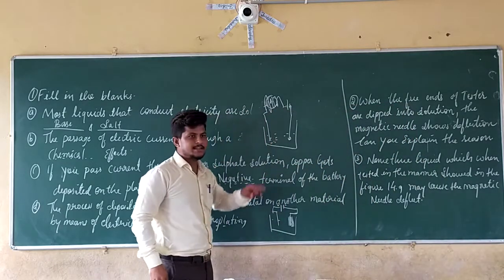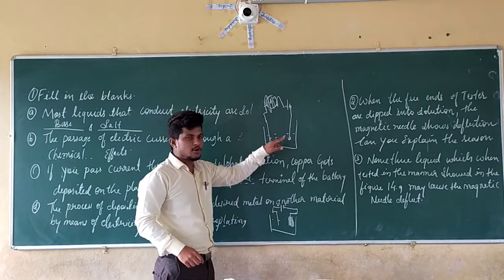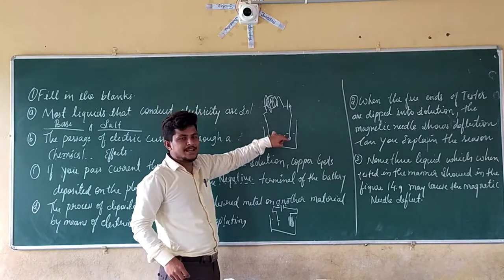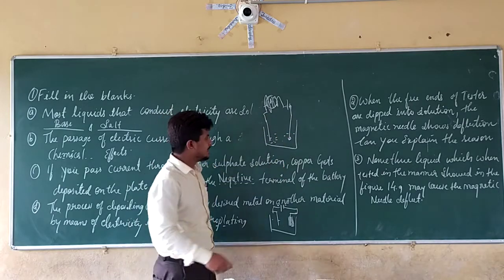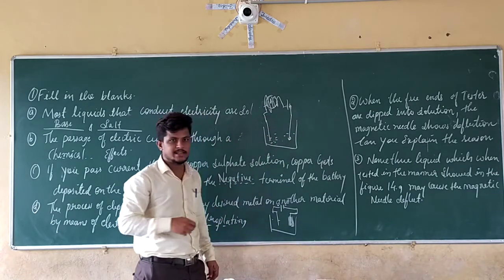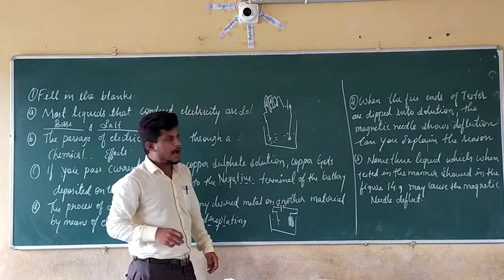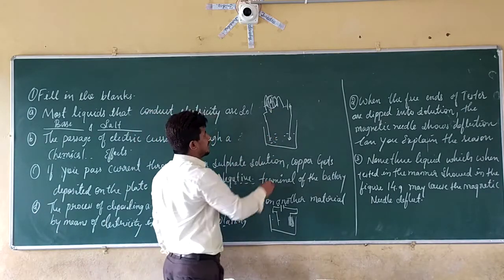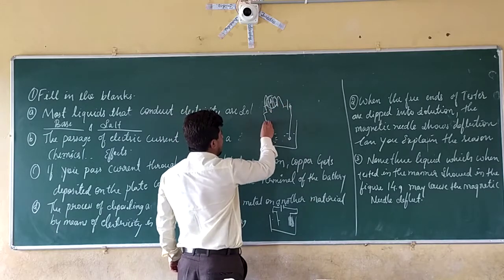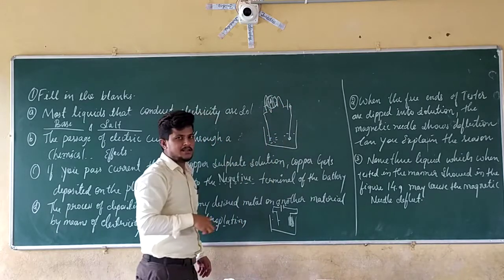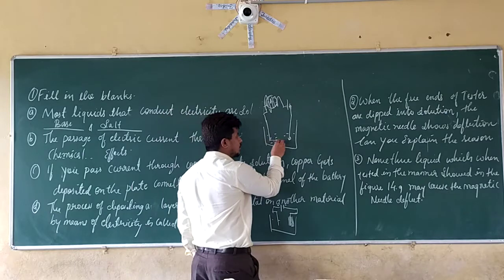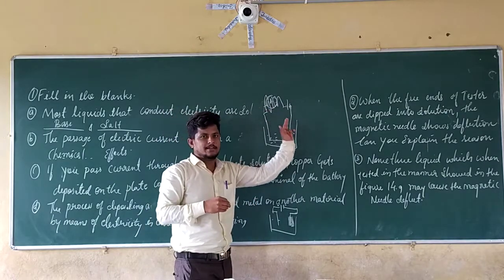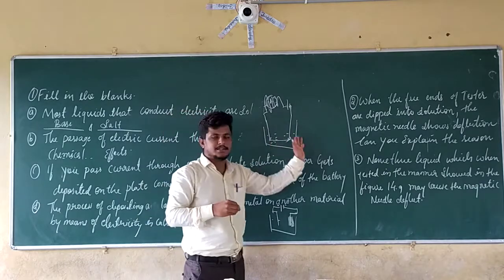Since both the free ends are not connected to each other, when you put both the free ends into a solution, the circuit is going to be completed, and the path of the current will be continuous. So the current is going to flow like this and like this, and at last it is going to flow from the solution to this free end, so that the circuit is complete and has a continuous path of the electric current.